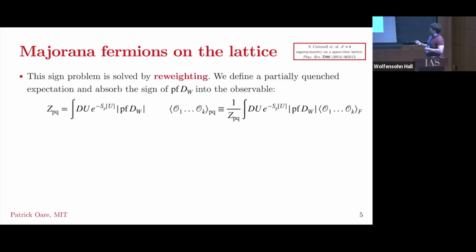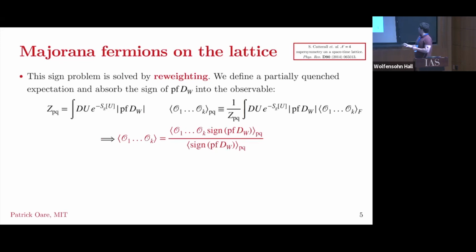So luckily, there's a way to get around this called reweighting. And the idea is to basically take the sign of the Pfaffian and absorb it into the operators that you're looking at, and then use the norm of the Pfaffian, which is now a positive quantity, and absorb that into your probability measure. So you're using now basically this partially quenched, we call it, probability measure, and defining all your correlation functions in terms of that. You can, just like I said before, strip off the sign of the Pfaffian and absorb it into your operator definition and compute it using these partially quenched correlators.